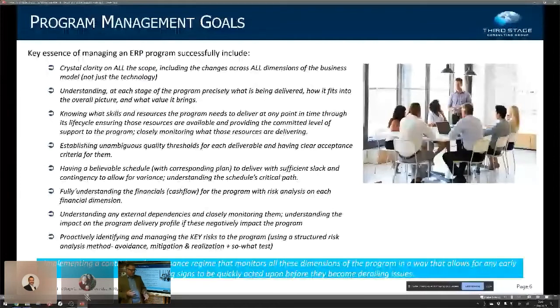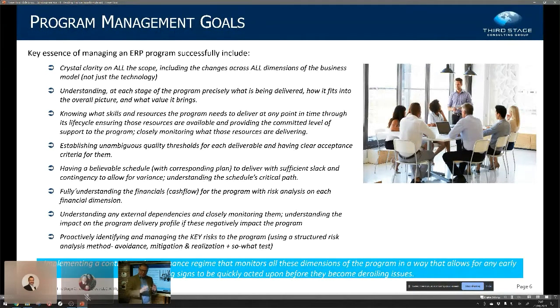I usually measure the effectiveness of a program manager or a senior leader, program director, workstream leader, whatever, on whether they can tell me off the top of their head the top 5 risks, the top 5 issues, and the date, and the next 2 or 3 key milestone dates. If they can tell me those 3 things, usually they've got a reasonably good grip on what they're doing. If they're trying to manage risk number 672, they're operating at the wrong level of detail. They are almost certainly, in a large ERP program, going to fail.